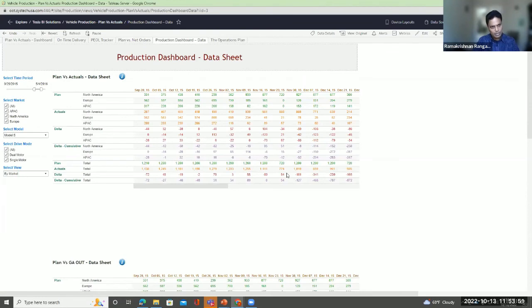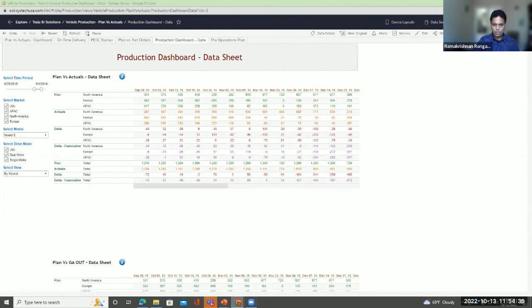So the production dashboard, compared to the previous dashboards that we saw, which were more from a week-to-week perspective, also gives you a cumulative view into what the backlog is, right? So as of December 21st, we had a total backlog of 238 cars where we didn't meet the actuals and things like that, right? So the same thing, you can slice and dice this information by different markets and different models, in order to get actual insights.